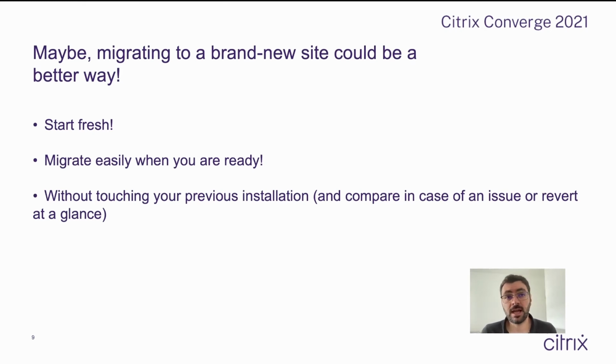And this kind of feedback is a good reason to think about another way to proceed and upgrade: migrating to a brand new site installed in parallel with your current one, instead of migrating your current site. This helps you start fresh, and you are able to check in your installation procedure if this setting is still needed, or use the opportunity to enable SSL communication between your storefront servers and your delivery controllers, or even migrate to a new server OS like Windows Server